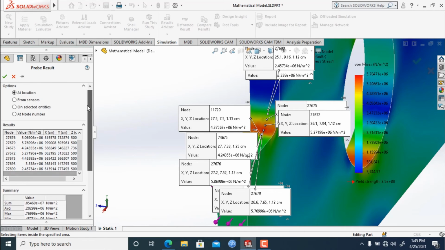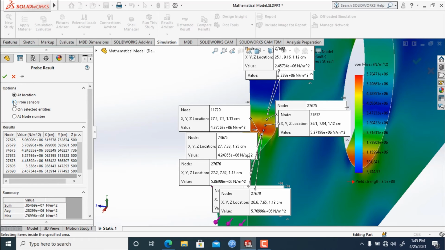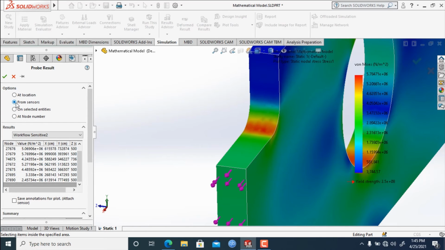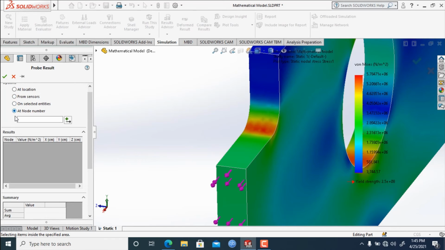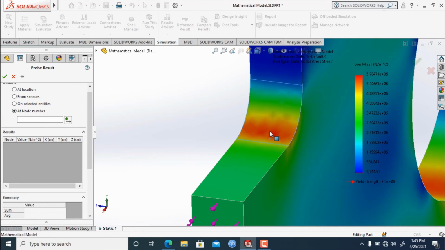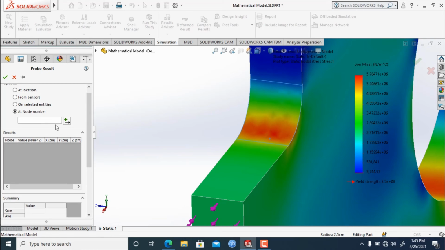If we click on from sensor, as I said, we will talk about sensors later. If we click on at node numbers, and then zoom in on this, and let's select these points. Here we can select the node numbers. If we select the node number right here, it will take this node number.